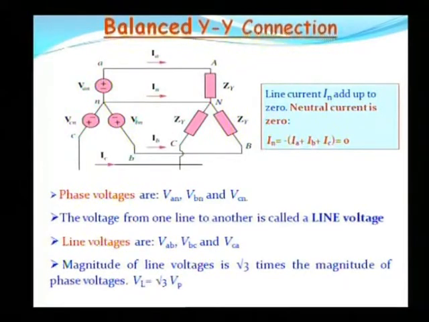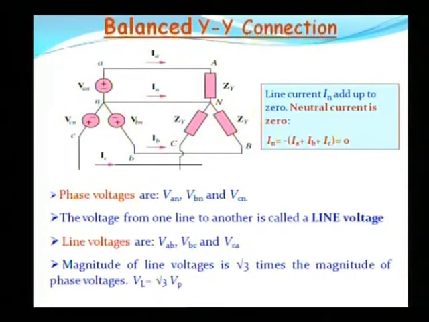The voltages from one line to another line are called line voltages. The A, B and C phases are connected with the source or the load side through wires or lines. The voltages generated between two lines are known as the line voltages, like VAB. VAB is the voltage generated between line A and B. VBC is the voltage generated between line B and line C. Same here, VAC is the voltage generated between line A and line C.